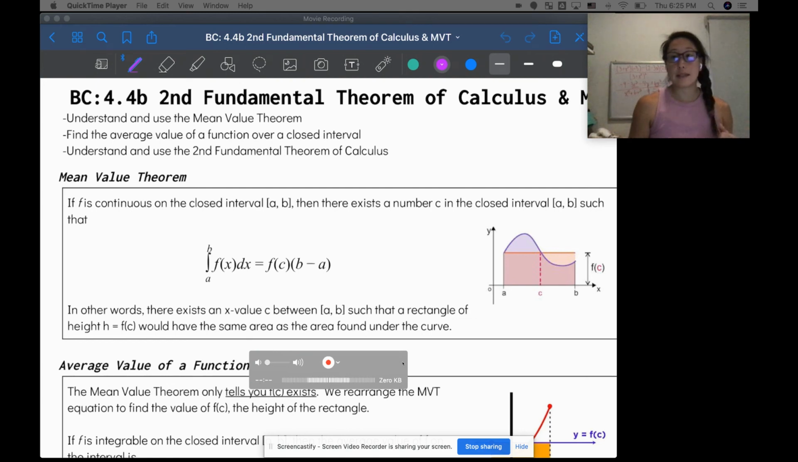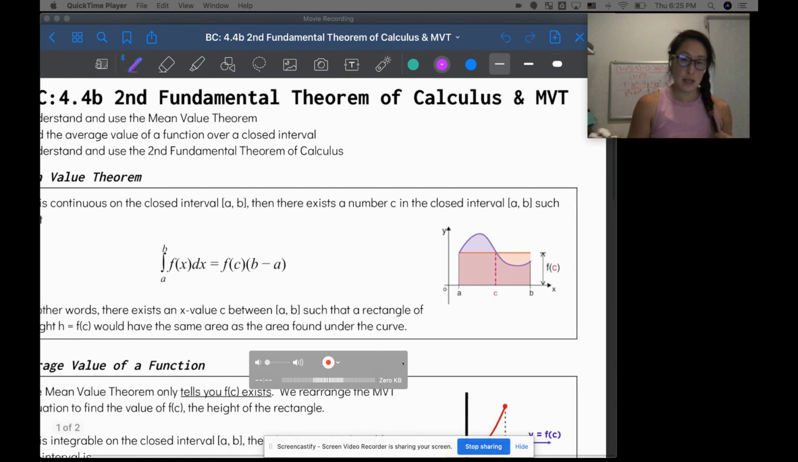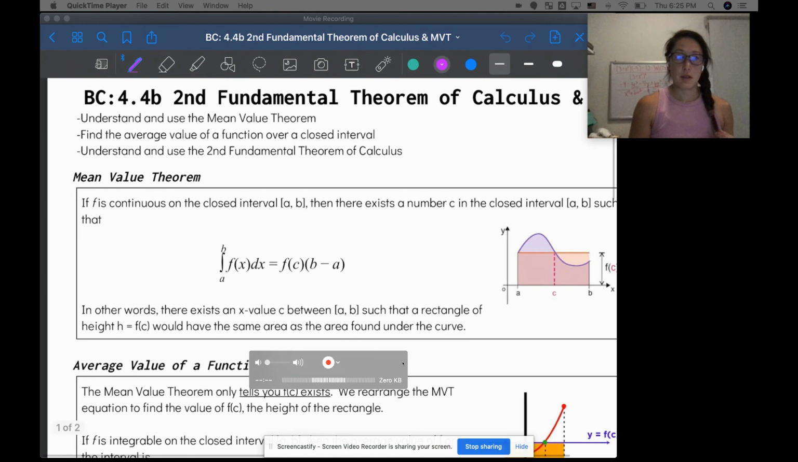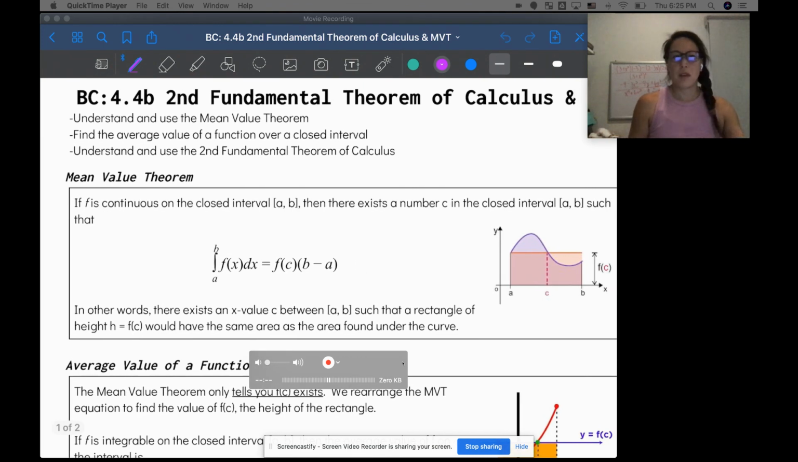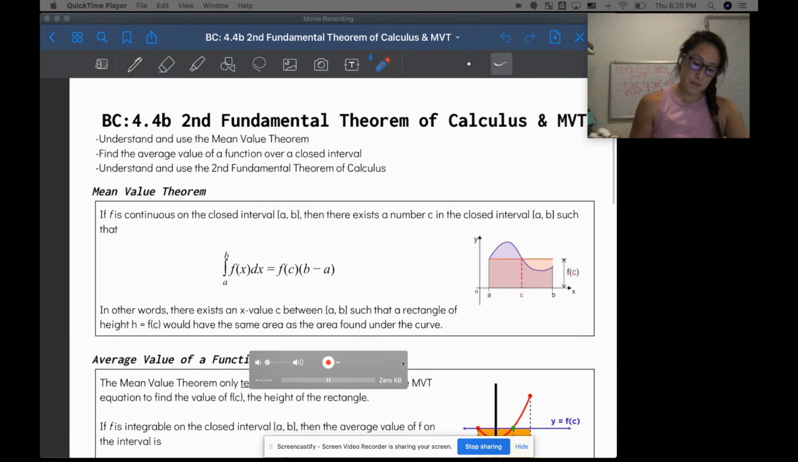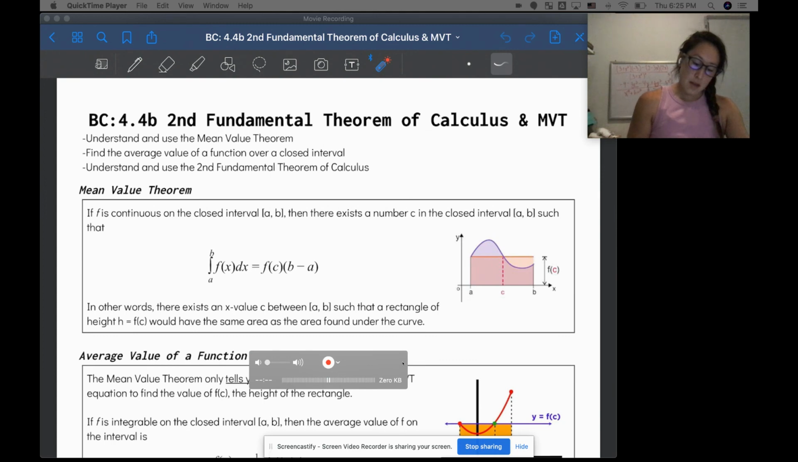Today we're looking at the second fundamental theorem of calculus and the mean value theorem. So in regards to an integral, the first one is that the mean value theorem states that if the function is continuous on a closed interval, then there exists a number c in the closed interval a and b,